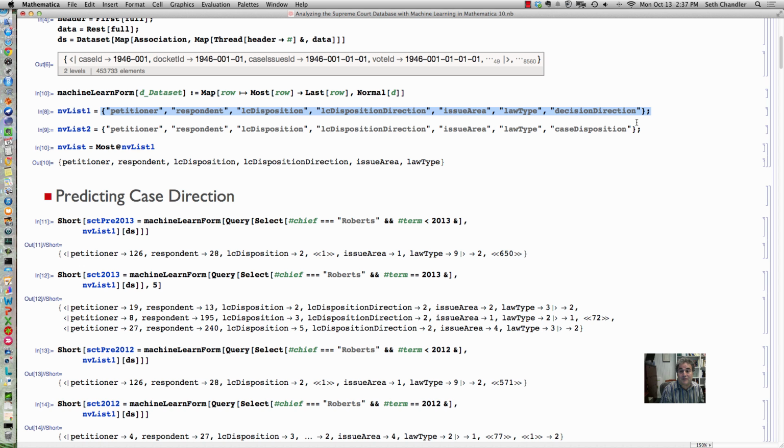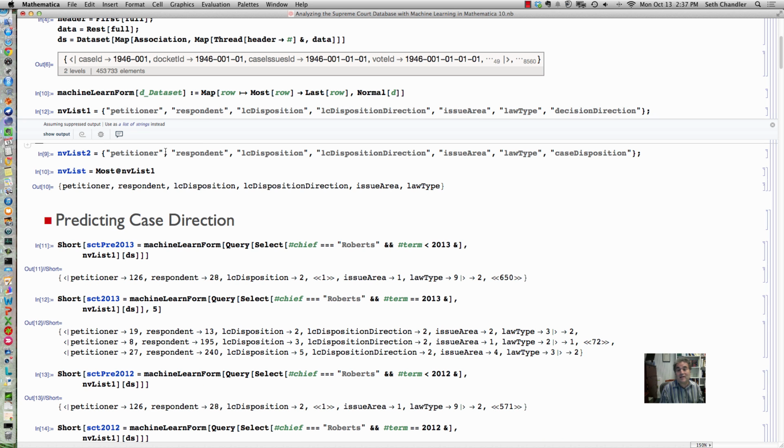Finally, there are some nominal variables that we're going to be looking at. And so I'm just going to make a list of what are the nominal variables here. All of these are nominal. One of the things I'm going to do later on is